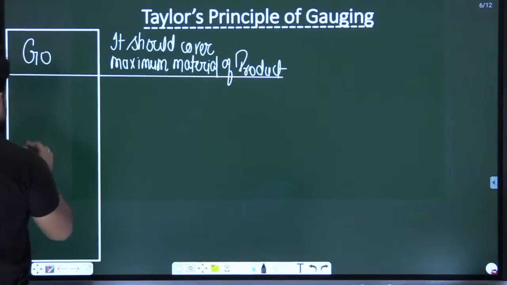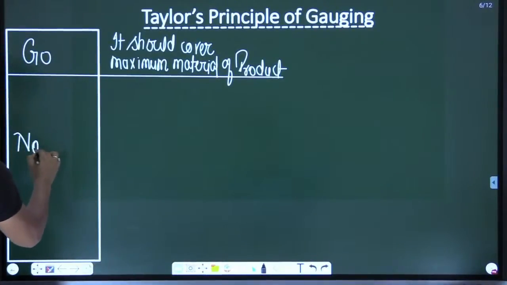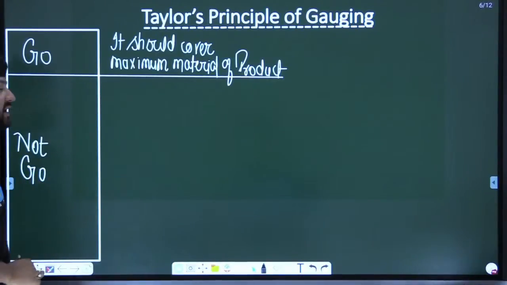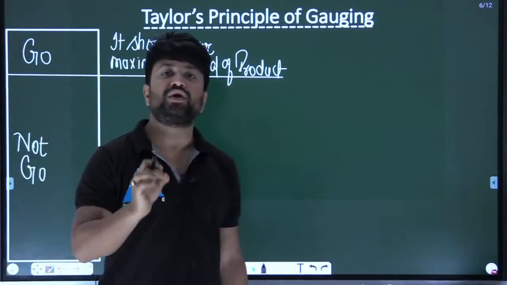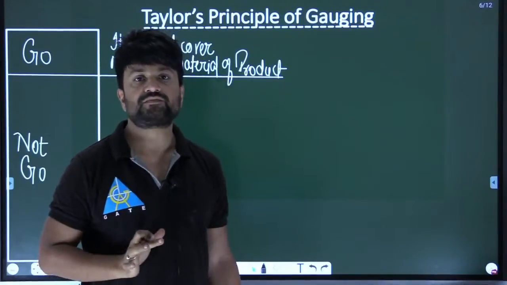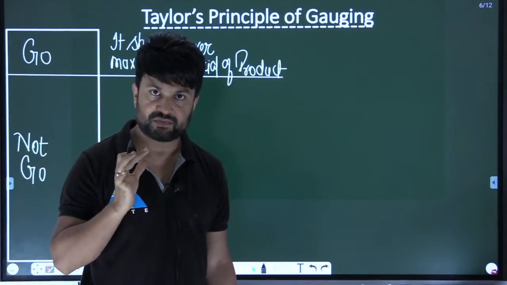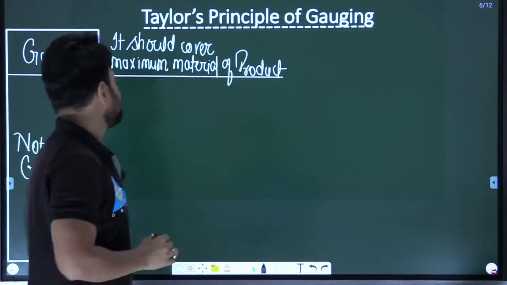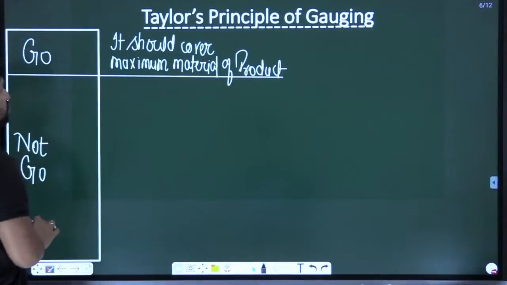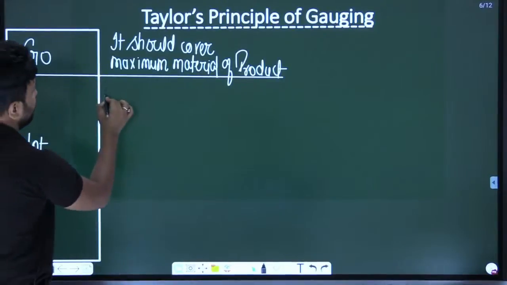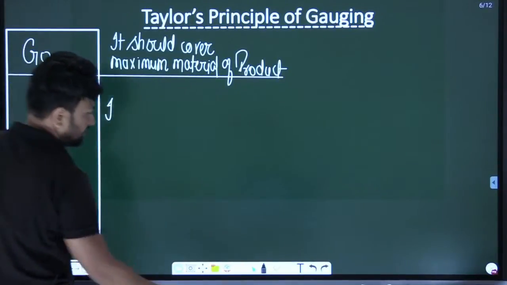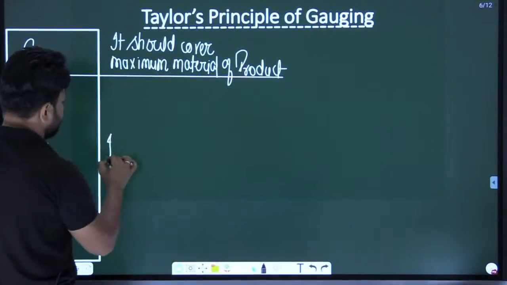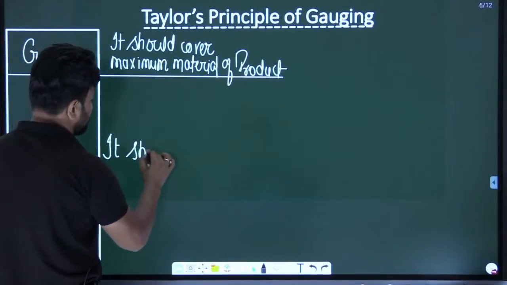Now let me introduce the not go. What is the meaning of not go? Taylor says that whether you want to make a not go gauge, plug gauge or ring gauge, you have to cover the minimum material of the product. Not go should be designed in such a manner, listen to me carefully, so that it should cover